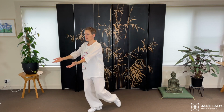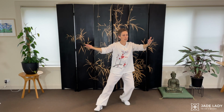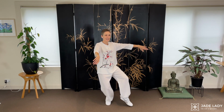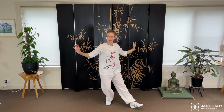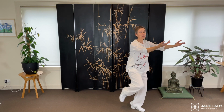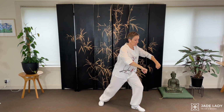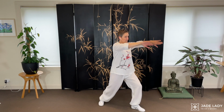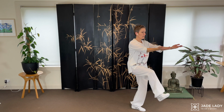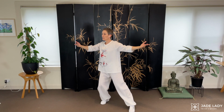Second kick. Closing. And the other side. Circle. All of these movements hopefully feel fluid, smooth. Leave the right hand, draw the left across, back to 1 foot apart,